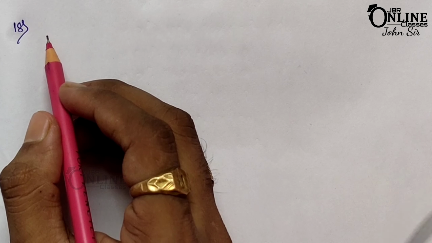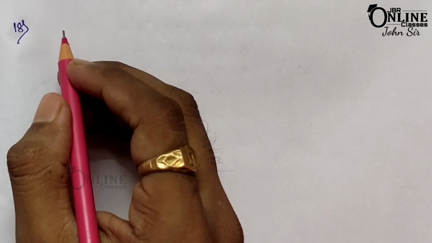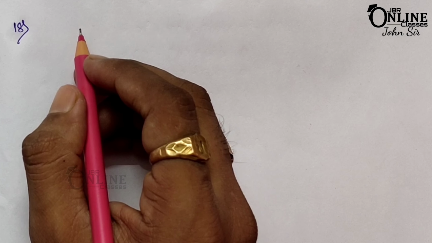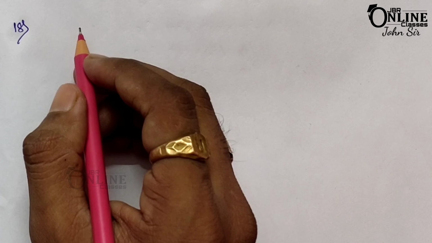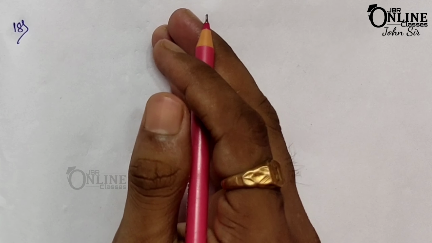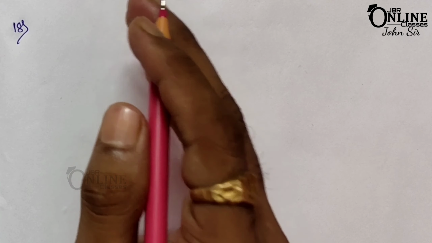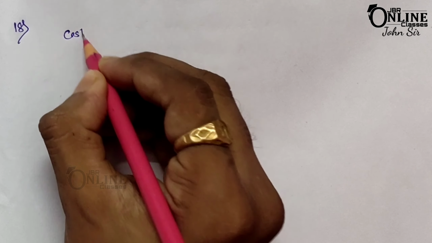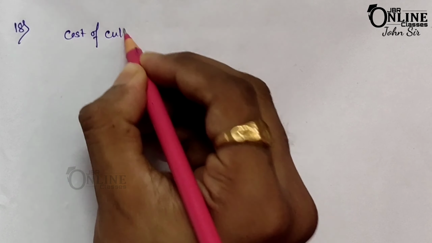Now sum number 18. The base of a triangular field is 3 times its height. Clear? If the cost of cultivating the field at the rate of rupees 25 per 100 meter square is 6,000. Okay, so per 100 meter square the cost is 25. So first write down the cost of cultivating